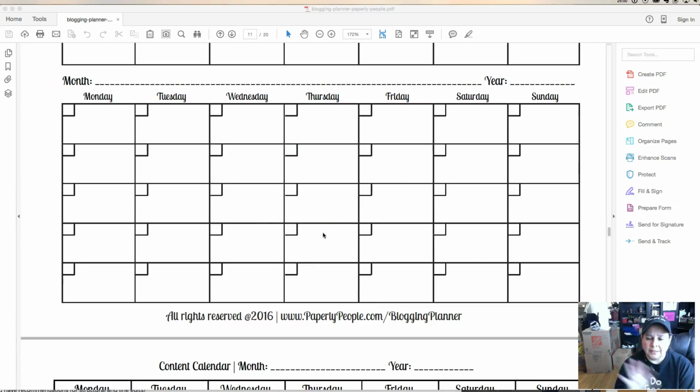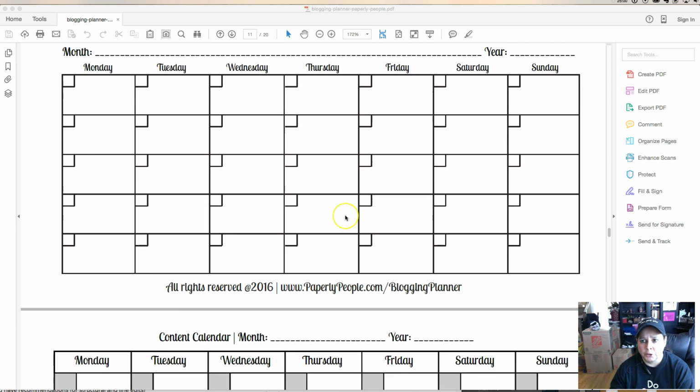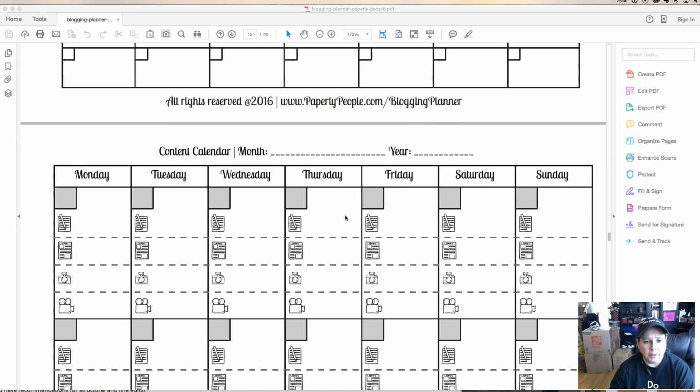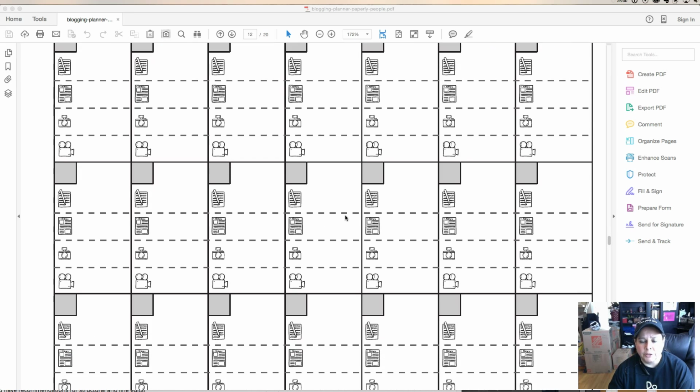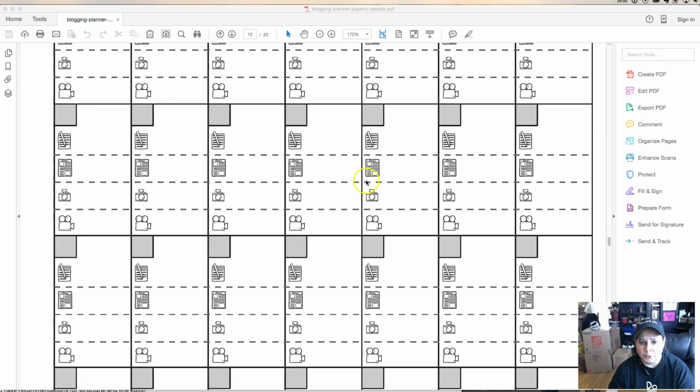And the thing that's nice about that is kind of stepping back and taking that long-term view of what your promotions are going to be and what you're doing. This is the first one, the one I did first, and I really like this. So this is Monday through Sunday, and you can write down your blog post ideas, your newsletter ideas, pictures, and